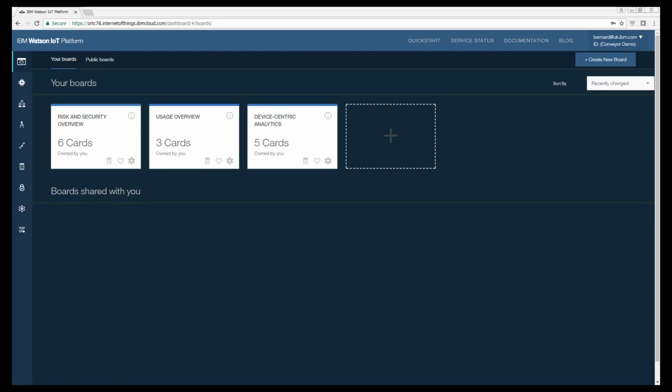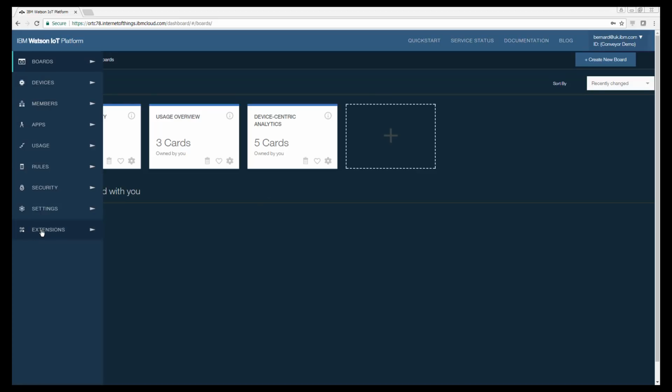I have a number of options for processing my IoT data. For live data, I can directly connect applications to the MQTT API, or I can connect my IoT instance to Message Hub, a Kafka-based messaging service. To store the data, I can use the Cloudant connector to send the IoT data to a Cloudant database. Let's configure a Cloudant connector to send the data to a database that we can then process with Watson Data Platform. We go to the extensions section,